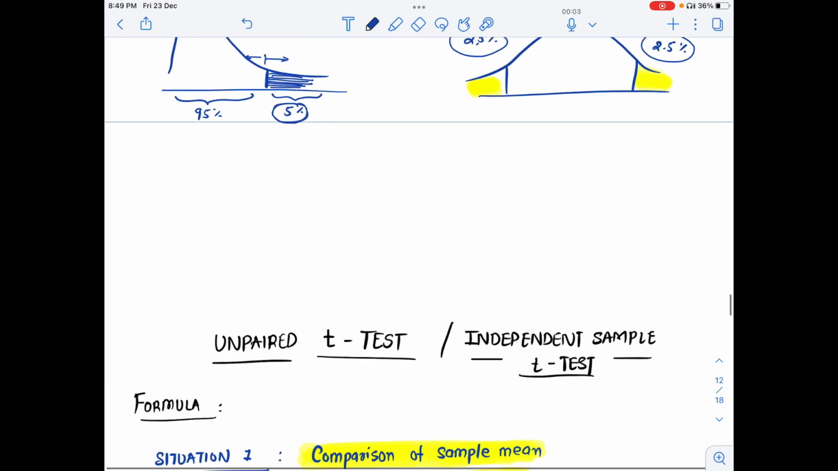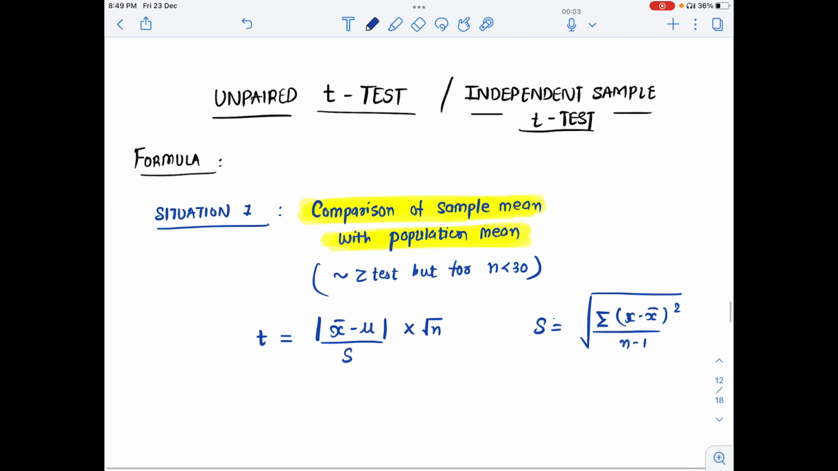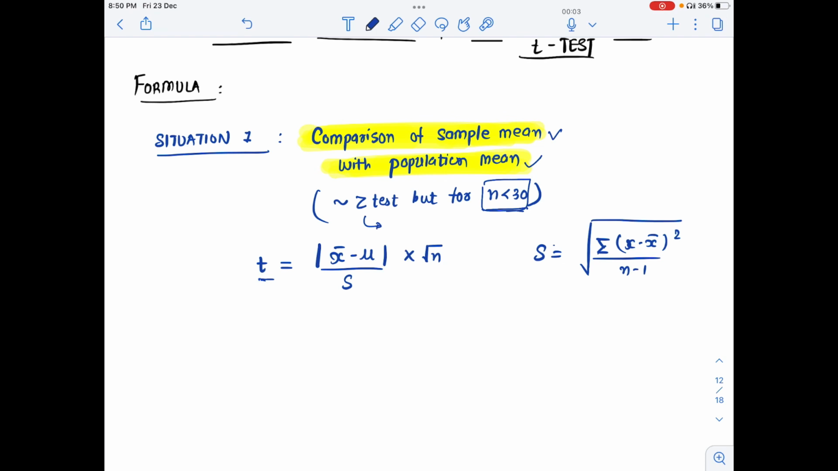Now we will go to formulas. In this part we will only discuss the unpaired or independent t-test. For formulas, we can have multiple situations. The first situation is when a sample mean is to be compared with a population mean. This is just like a z-test, but let's say the sample was less than 30, so you will rather use a t-test than a z-test. A z-test can also be used, but we will prefer to use a t-test in a sample that is less than 30. The formula is,